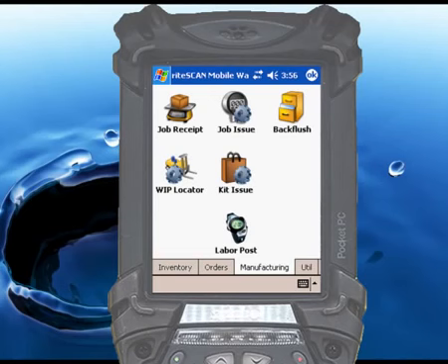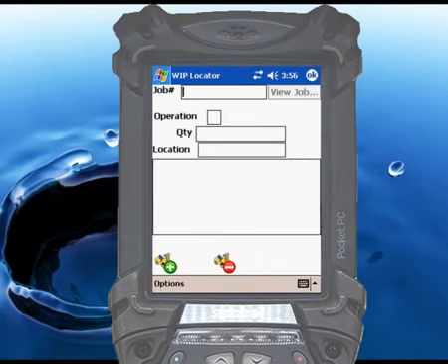Let's say someone on the shop floor has just called me to come and pick up a pallet of partially completed items to take them to temporary storage. I begin by touching the WIP Locator icon, and then I can scan or enter the job number they're coming from. Then I can either scan or enter the operation that they're coming off of, or if I want to see a list of all of the operations for this job, I can press the View Job button,